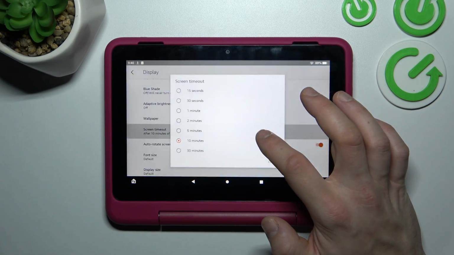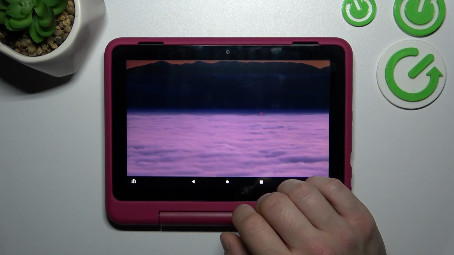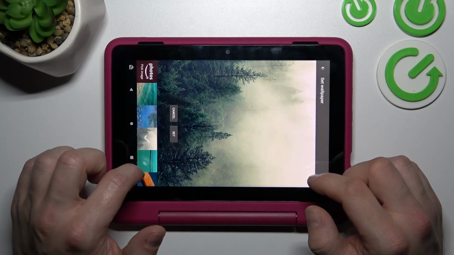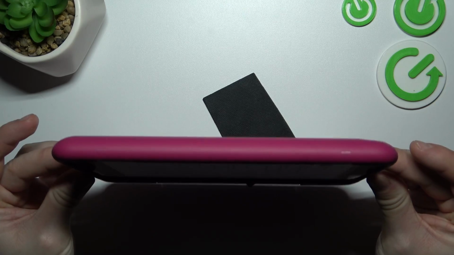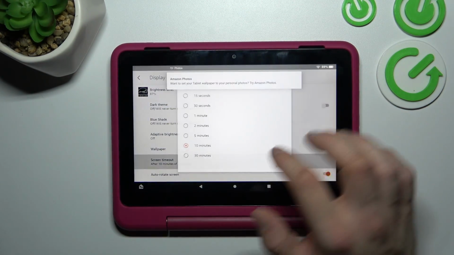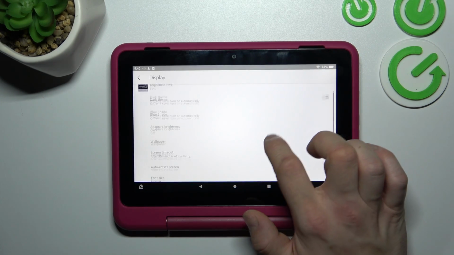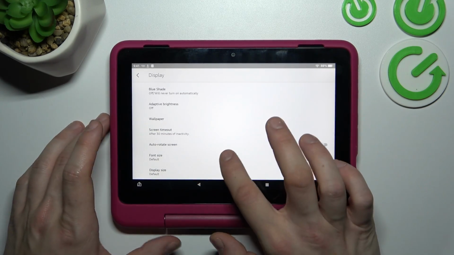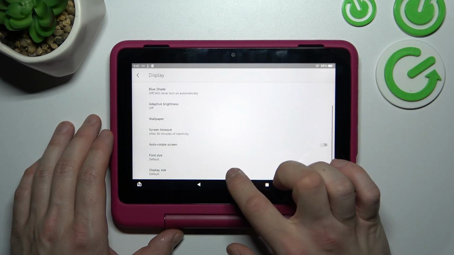Next, you can change wallpaper, set screen timeout between 15 seconds and 30 minutes, enable or disable auto rotate screen, change font size, display size,